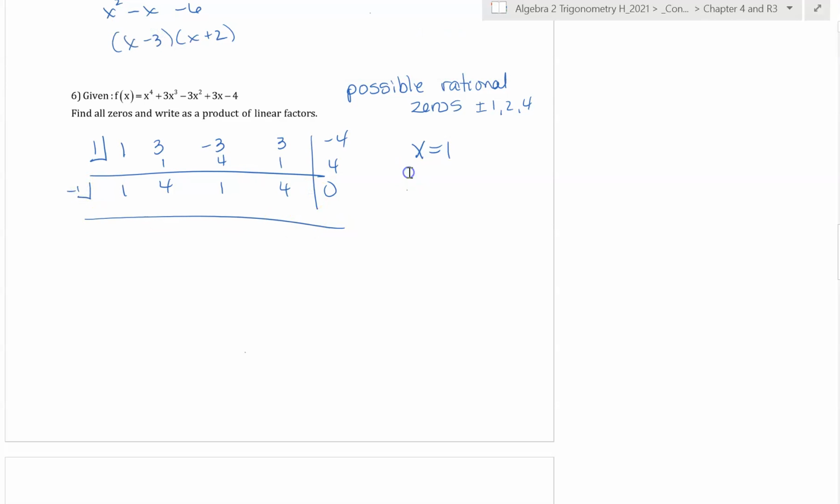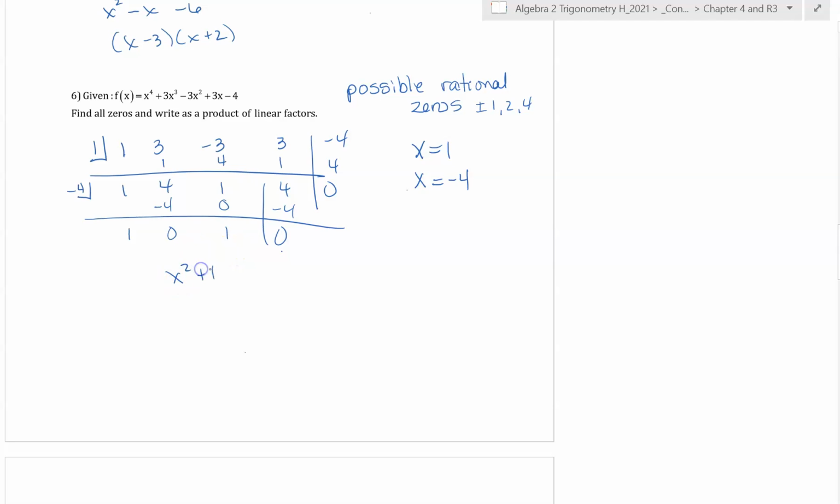And again, I don't want to start over because I whittled it down from a 4th degree to a cubic, so I don't want to start over. So let's see, I bring the first number down. Nope, didn't work. Notice that the remainder's not 0, so that didn't work. I don't know, let's try maybe -4. Let's try that. Bring the first number down. That worked. So now notice I have x equals 1, x equals -4, and again, remainder, plain old number, so